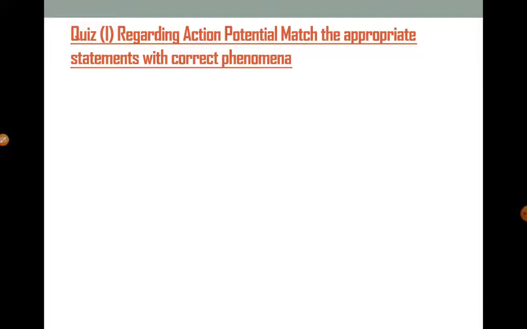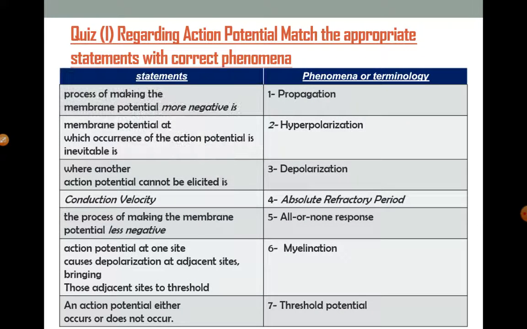Match the appropriate statement with the correct phenomena or terminology. Again, pause this video, try to answer them and play it again. Number 1, the process of making the membrane potential more negative is hyperpolarization. 2, the membrane potential at which occurrence of the action potential is inevitable is threshold potential. Number 3, the period where another action potential cannot be elicited is